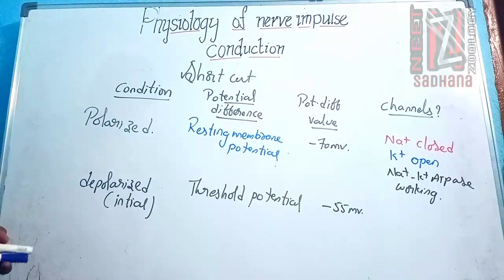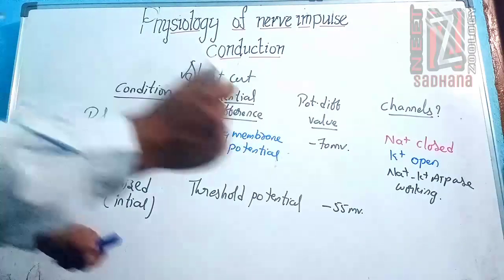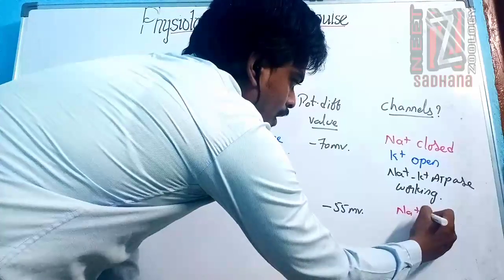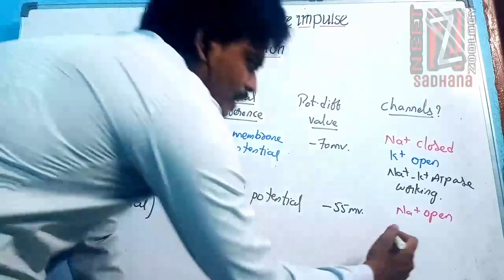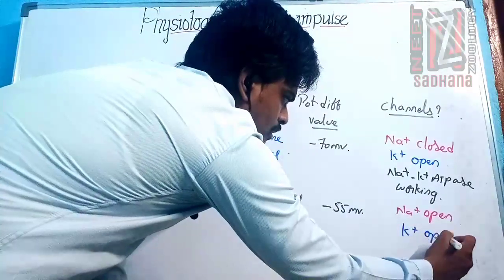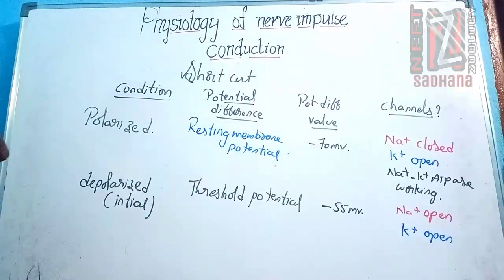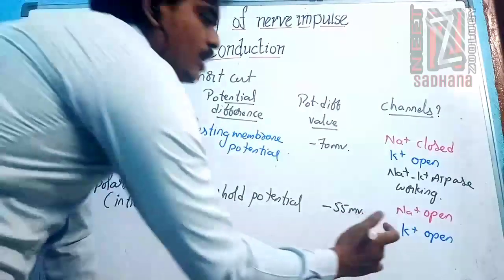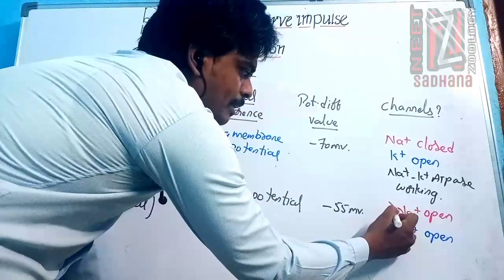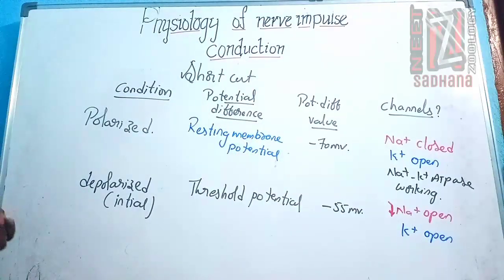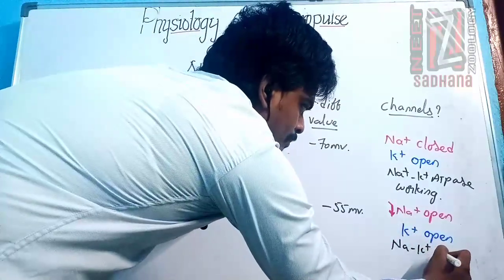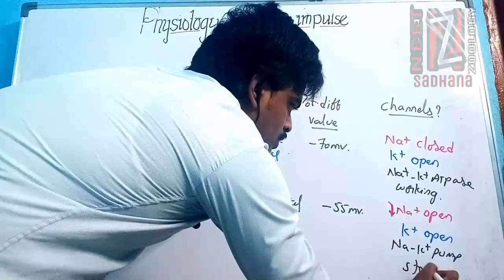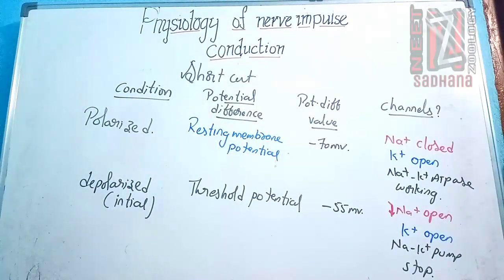That means if it crosses this minus 55, then it can go for the spike potential or the spike action potential. Now in this condition, the Na+ channels will open up. Obviously potassium will be open, but we'll have the influx of sodium ions. The problem here is we'll have a rapid influx, so the sodium ions will be coming into the cytosol. And the main point is the sodium potassium pump will stop working. So now the nerve impulse has been started.